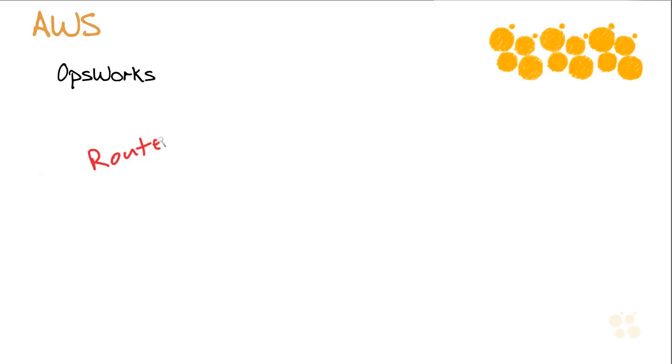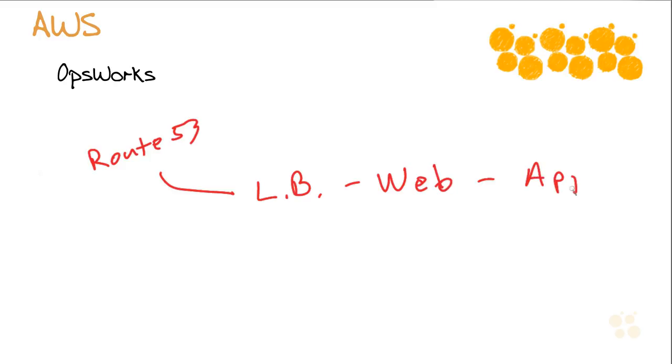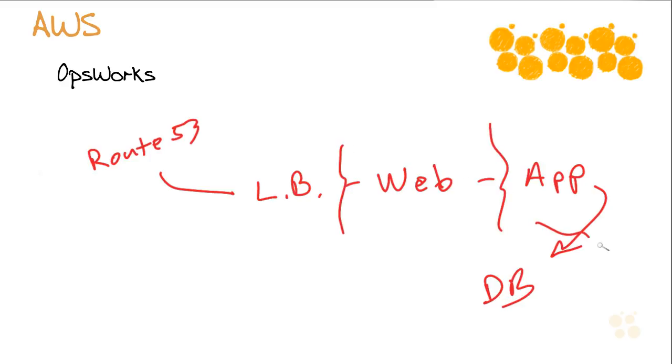First of all, we have Route 53 that's going to be handling DNS. We are most likely going to have a load balancer that's going to distribute load between various web servers that are going to be providing a front end to the user. Then there's going to be servers providing the application itself. And then there's most likely going to be a database. And we have layers in here of programming logic to make all of this work. And obviously, we need to have the connectivity between these different layers for this web-based application.